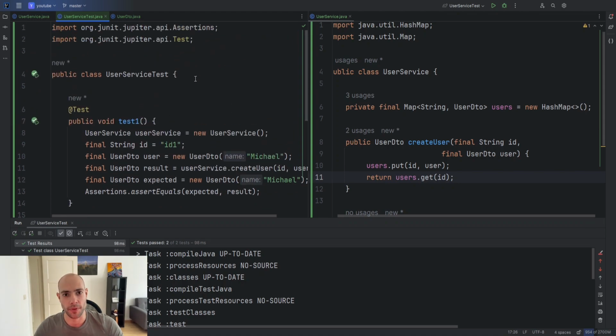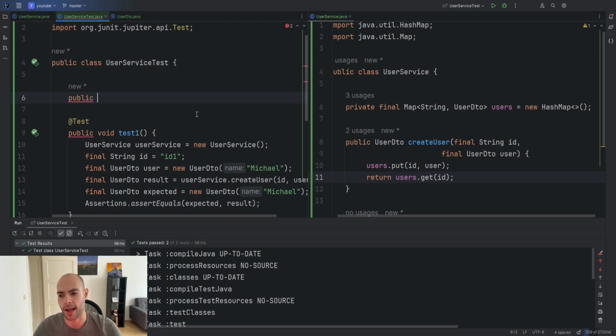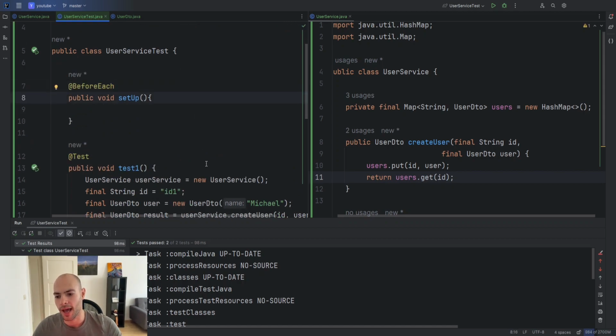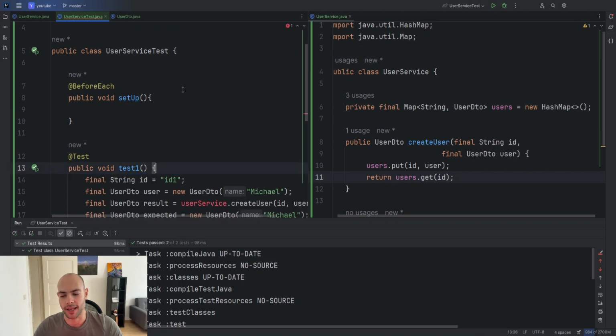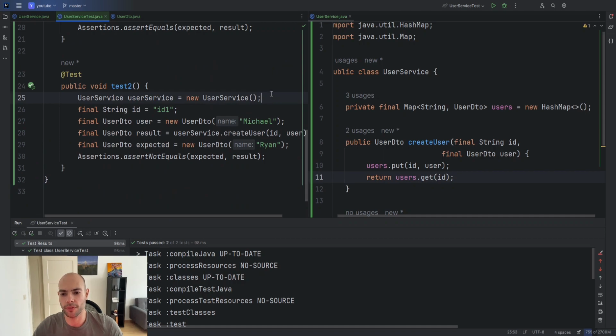But JUnit provides some other annotations to make our life easier. For example, instead of creating an object in every single test, we could create an object of user service every time that we are running a test. In order to do that, we can create a public void setup with the annotation BeforeEach. Then, instead of having the user service in every method, we could create the user service per class and create the instance inside of the setup method,